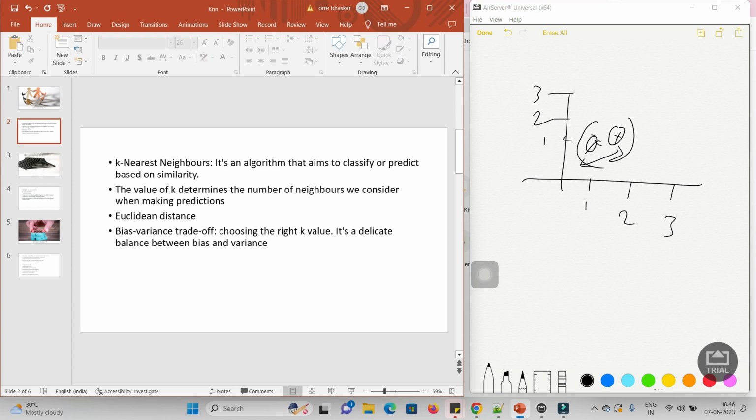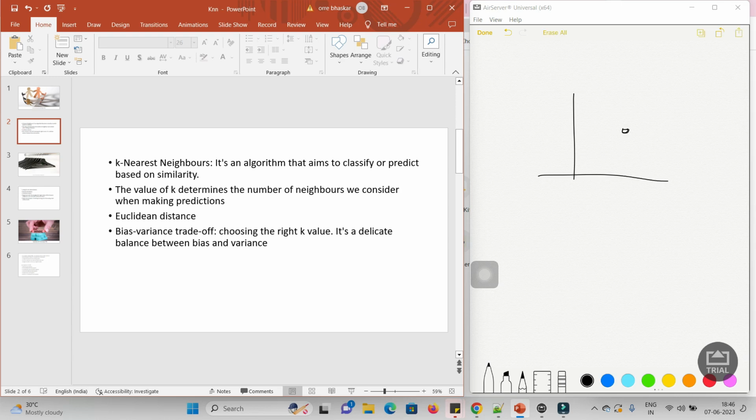To determine the nearest neighbors, we introduce the concept of K. The value of K determines the number of neighbors we consider when making predictions. It's like having a group of friends who provide advice based on their experiences. That means, if it is a plot, it depends upon the proximity or similarity. So